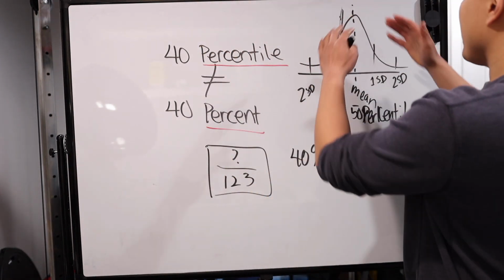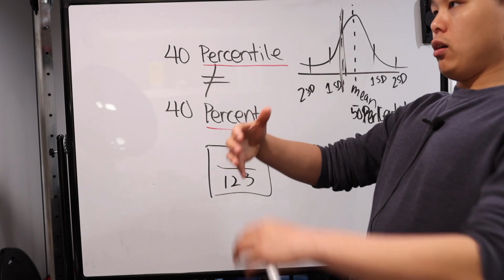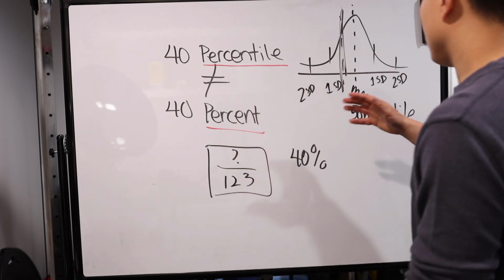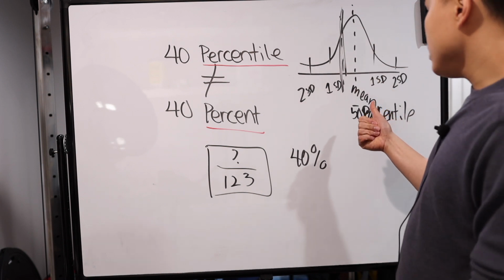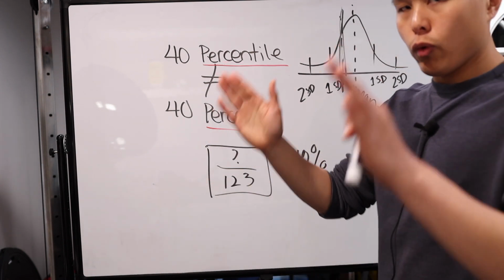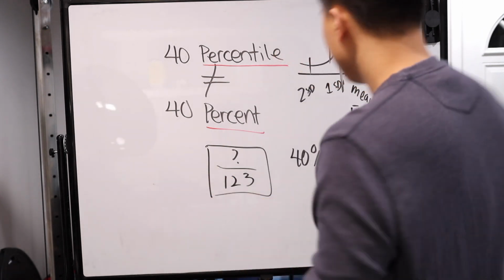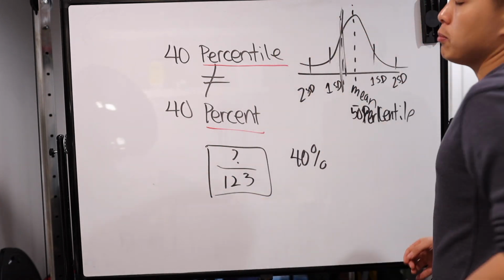Now, of course, there is a way to sort of guess your performance, guess your grade. And of course, it's based on the idea that students will fall under almost a normal distribution, and they will give you a lot of different numbers. They give you the mean, they give you the standard deviation, usually 1 standard deviation and 2 standard deviations. And of course, the population falls in between there.